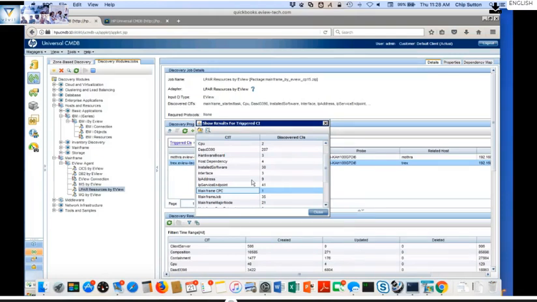So if we look at the particular CICS system here, we can see